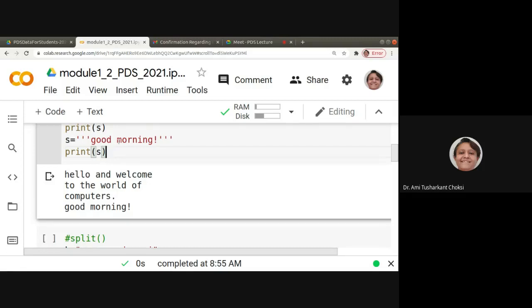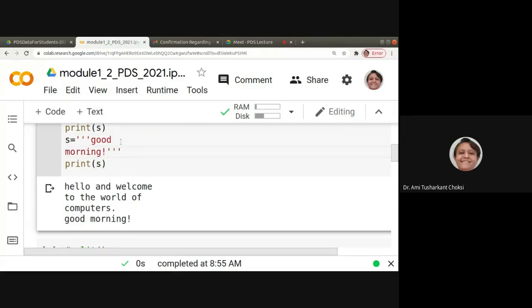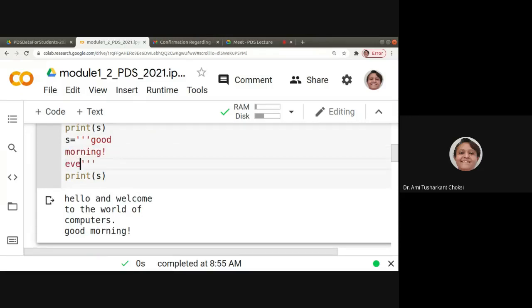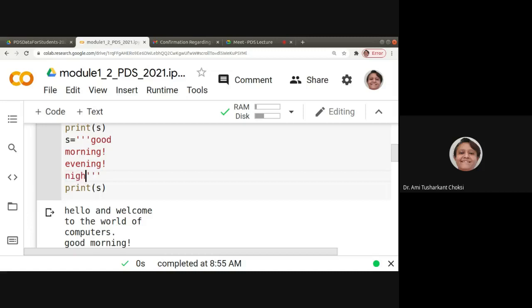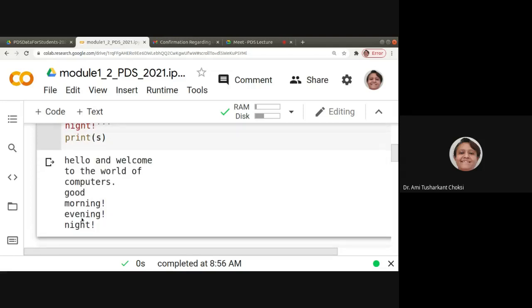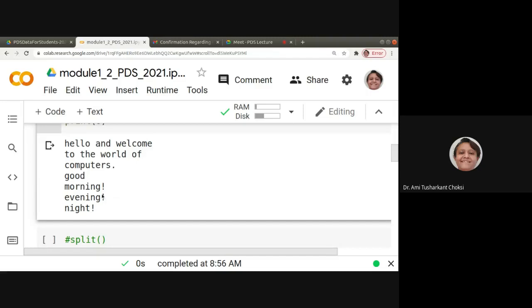Let us give that. Morning. Let me say evening. Everything I want to consider. So morning, evening, night. Now let us run this. Morning, evening, night. So good was there in one line and the other things are in other lines. So this is a multi-line string.